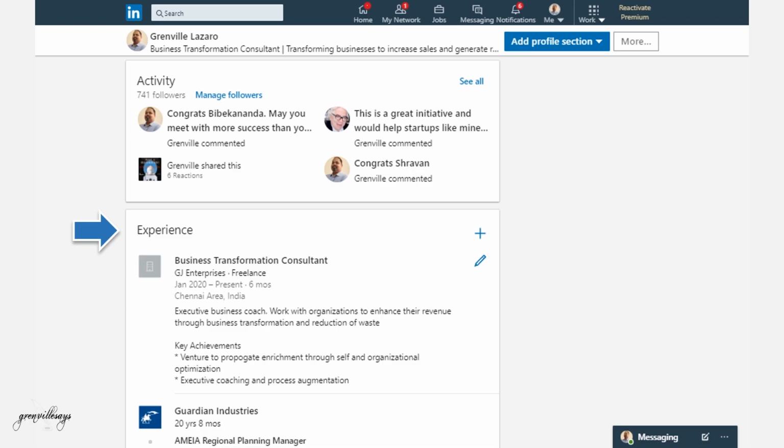I strongly suggest you update all the information you have from the start of your career right to the current employment, but keep it brief and to the point. Try to have a summary point in each of the employment history as well as the key achievements as I have mentioned here. Top 3 to 5 achievements would be more than enough to showcase what you've achieved in that specific role. Keep in mind, it's about achievements. It's what you've achieved, not what you've done.